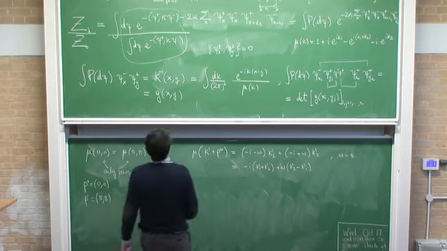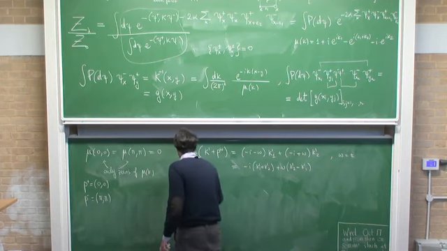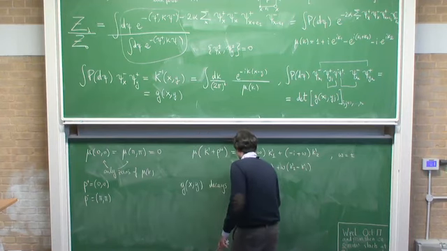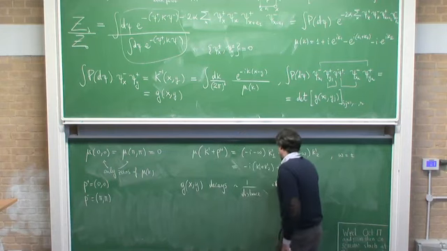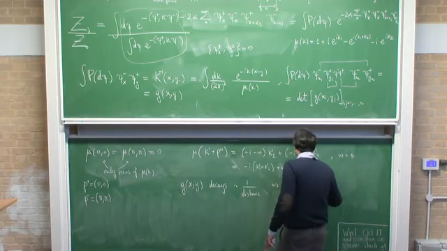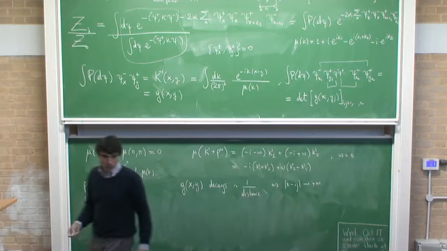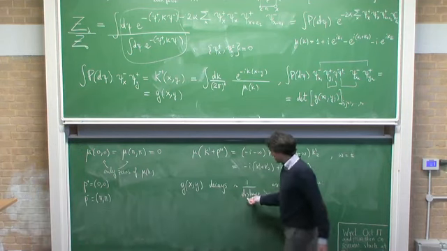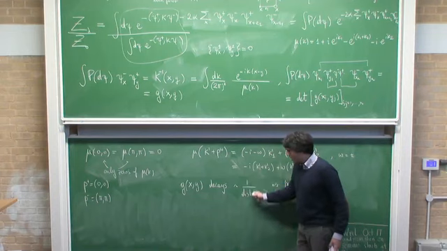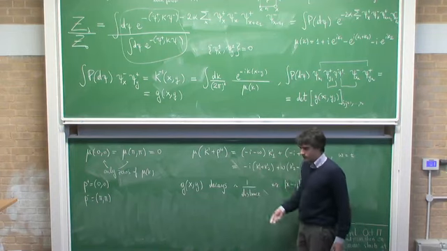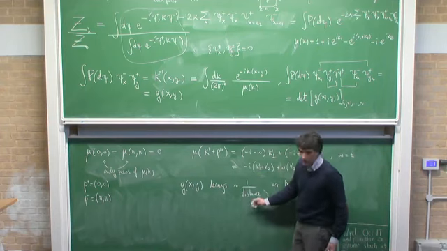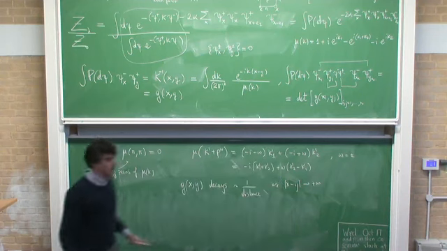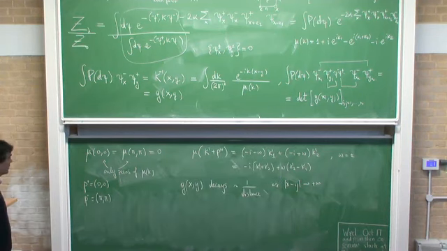So this means that G decays like 1 over distance as x minus y, with a specific structure that was already introduced by Fabio last week, and I will come back to it soon. So to be precise, if you really want a behavior like 1 over distance that is representative of a scaling behavior, in the sense that if you derive, you get 1 over distance squared and so on, you have to extract some oscillating factors. So I will do that soon, but for the moment let me just